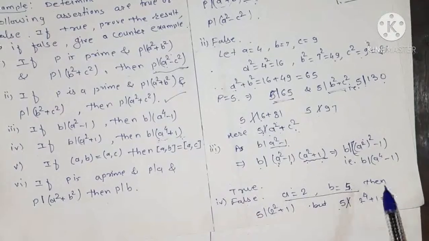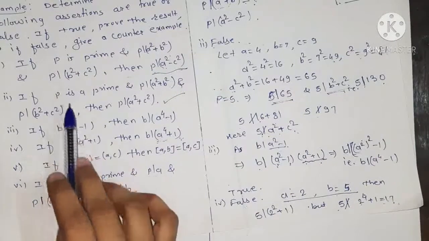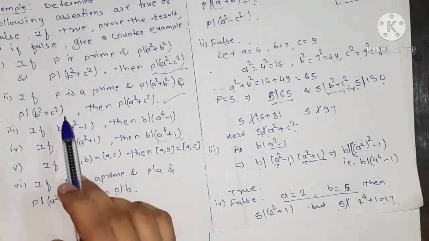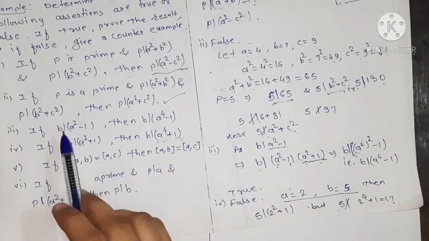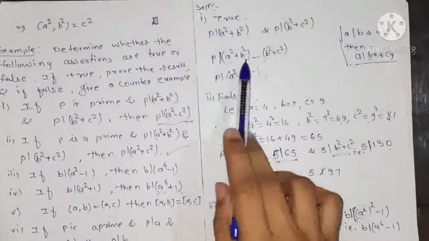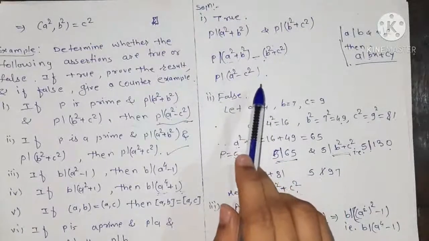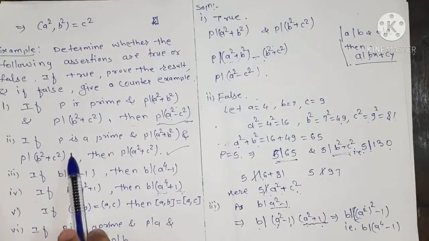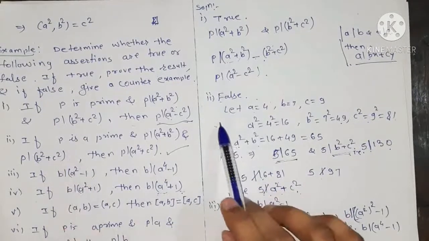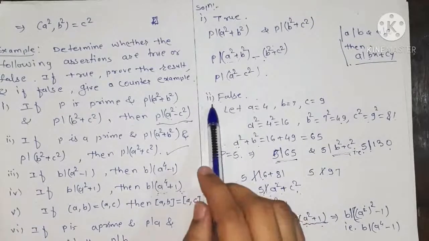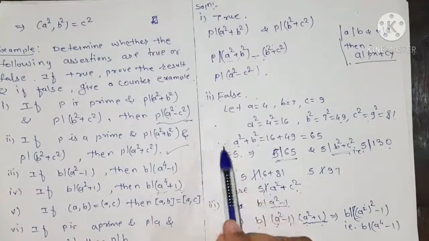So remember that whenever you have to prove that the given statement is true or false, or prove or disprove, then you have to check with an example. If the statement is true, then prove it by using some properties of divisibility or the theorems that we have seen earlier. But if it is to be disproved, then we require a counterexample which does not satisfy the condition, right? As we have seen in example 2.